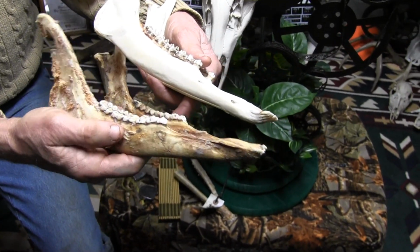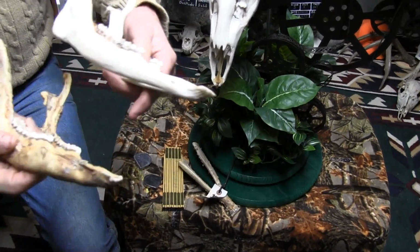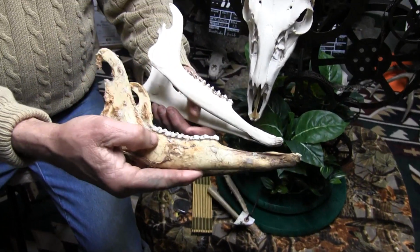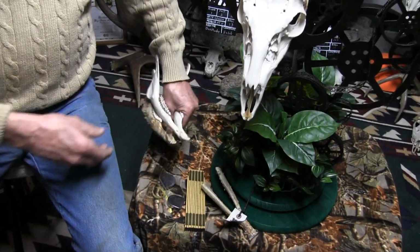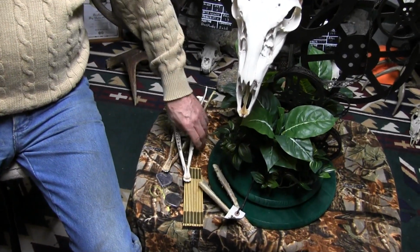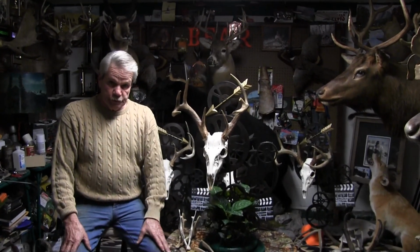Remember, deer are cud chewers. His front teeth were gone. These incisors are still really sharp. This was an exceptionally old, 5.5 to 6.5-year-old deer. And what I wanted to make a point of here is, you have a hard time judging a deer without looking at its